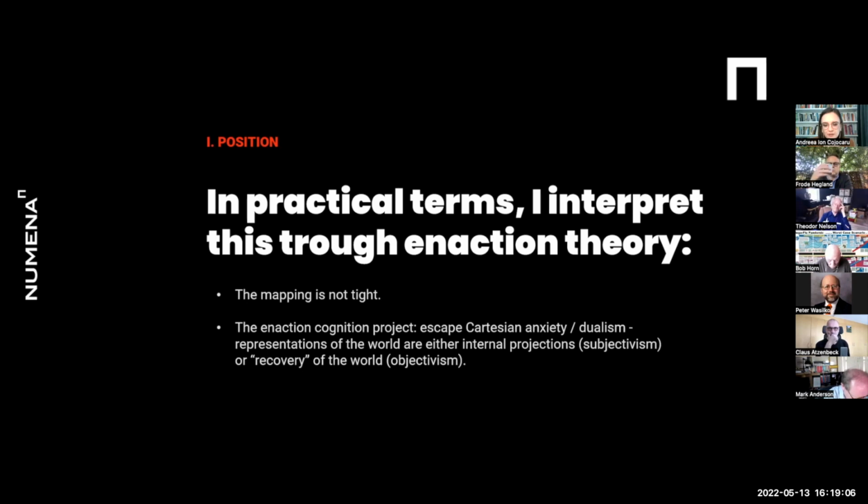The reason why embodied cognition, and the form called enactive cognition, is very important is because it triggered a dialogue across science and culture about escaping what's called the Cartesian anxiety. For many centuries, especially European-centric thinking was based on the idea that there is the subject and the object, two different things: subjectivism, how things feel, and objectivism, the world out there. There are still a lot of struggles going on in many fields to escape this Cartesian anxiety. It even goes into interesting discussions these days of what is consciousness,